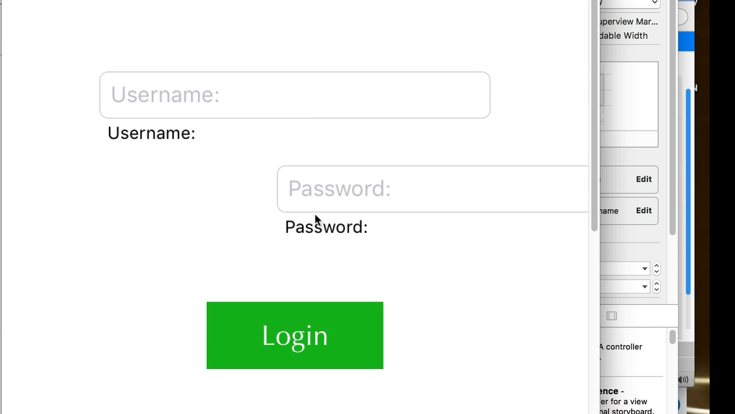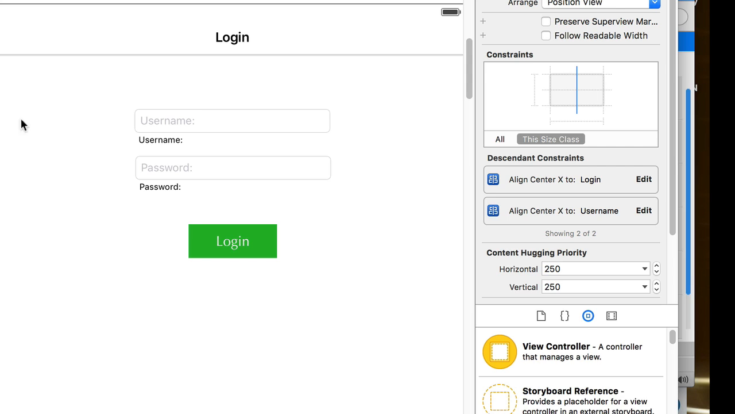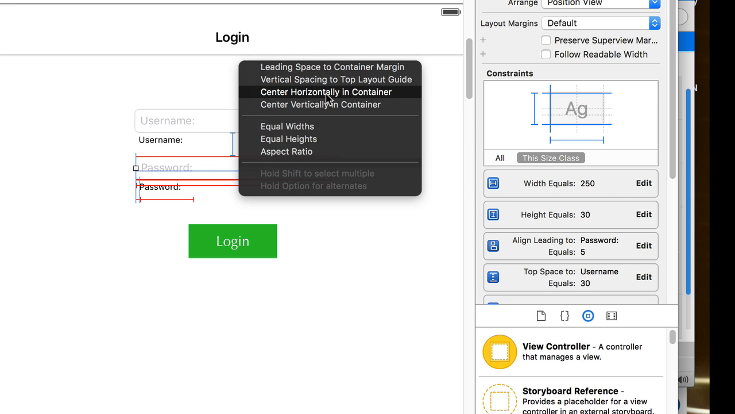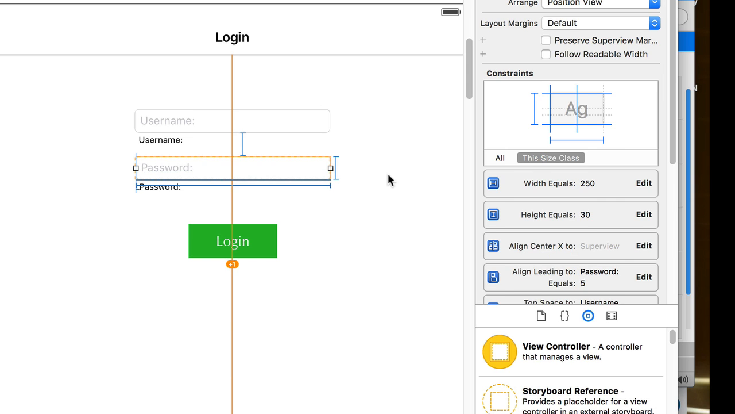Wow. So even now the password field is not aligning itself to center. The login button looks okay, but it's not going to be okay when we run it on a different device because there's no constraint for that vertical placement. But first, this guy has lost its center. So I'm just going to control click on it and drag it back up here and tell it to center horizontally in the container again. So that now has its center, but now it's